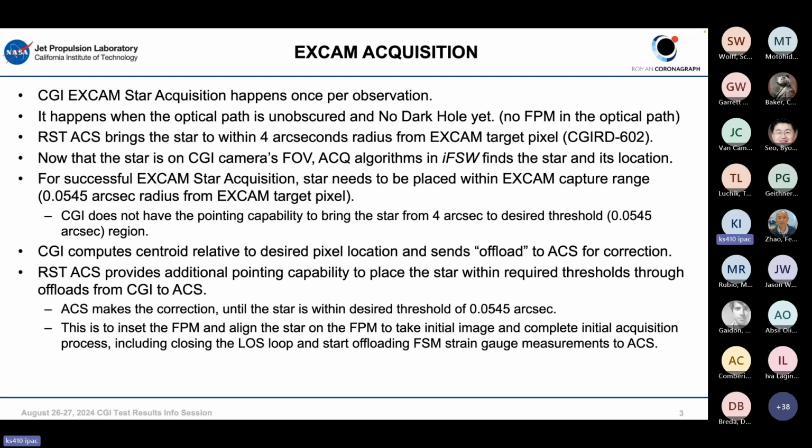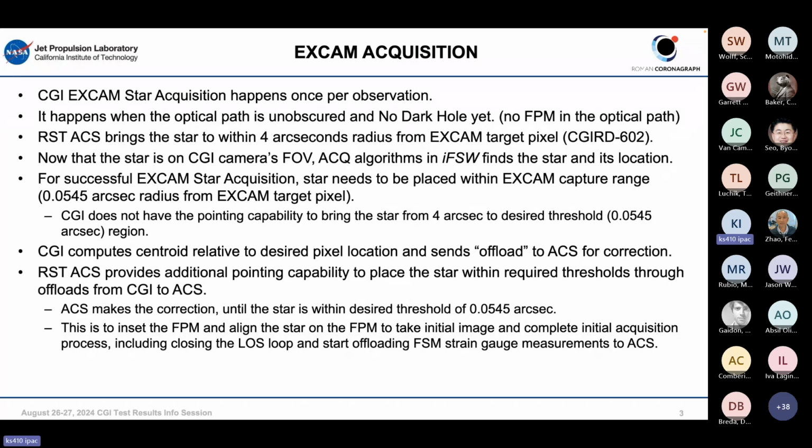And CGI does not have the pointing capability to do that. And this is very important because this is system level. We are using the pointing capability of the attitude control systems. And during the time developing these algorithms, it was very helpful to talk with the ACS system. We had bi-weekly meetings for the past few years. So they exactly knew what the pointing needs were that we want. And we communicated a lot. I think that's a very important lesson learned from